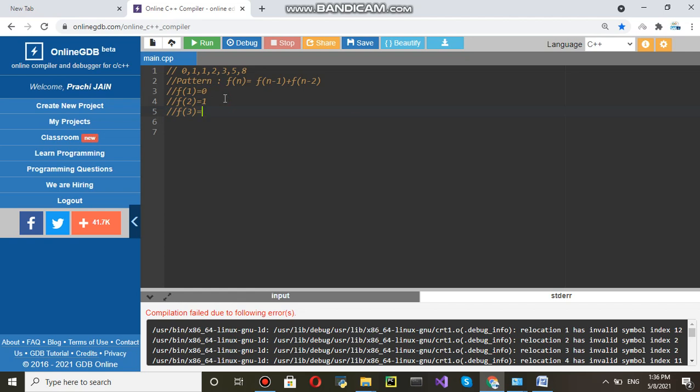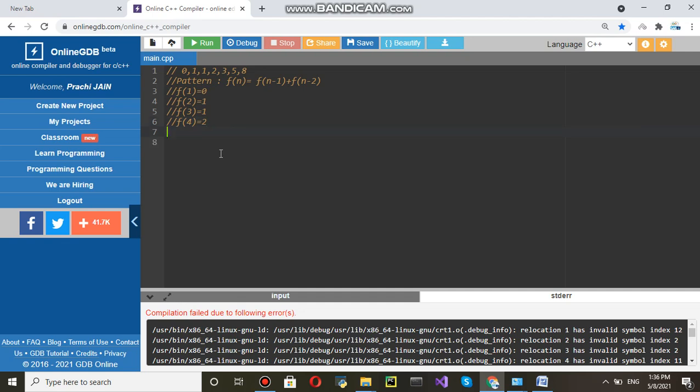F of 3 is 1, right? And then f of 4, so 1 2 3 4, f of 4 is 2, right? So these are the patterns.